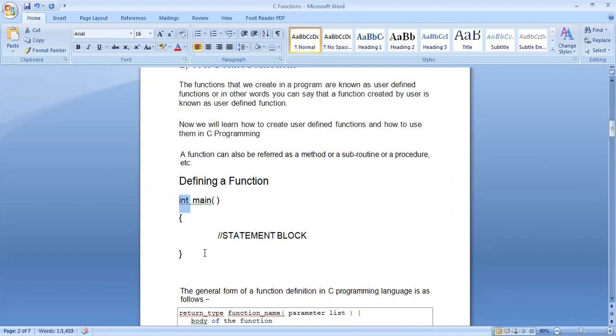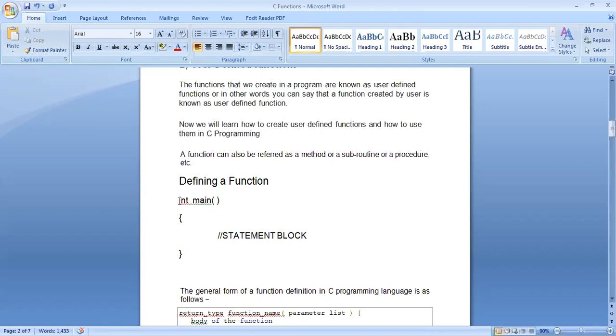Once this function has performed its task, at the end, it will be returning some value. For example, in case of main it will be returning a value to the operating system. Whoever will call the function, the value will be returned back to that function or program or whatever.